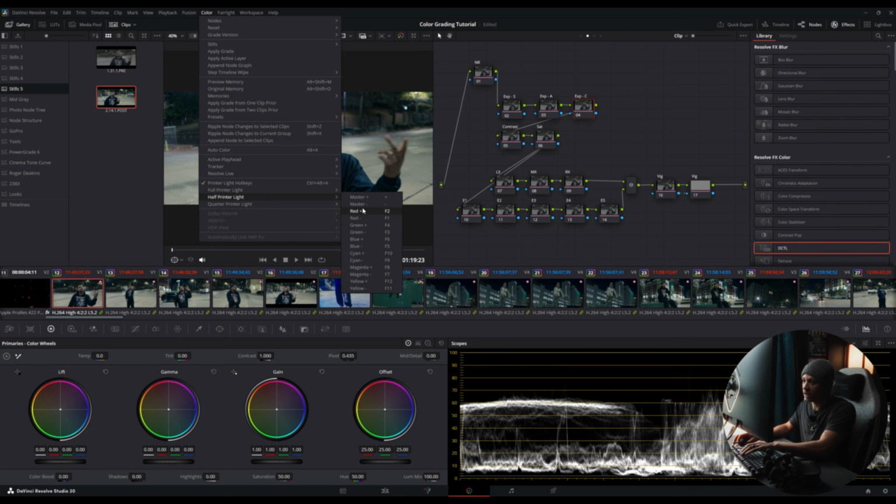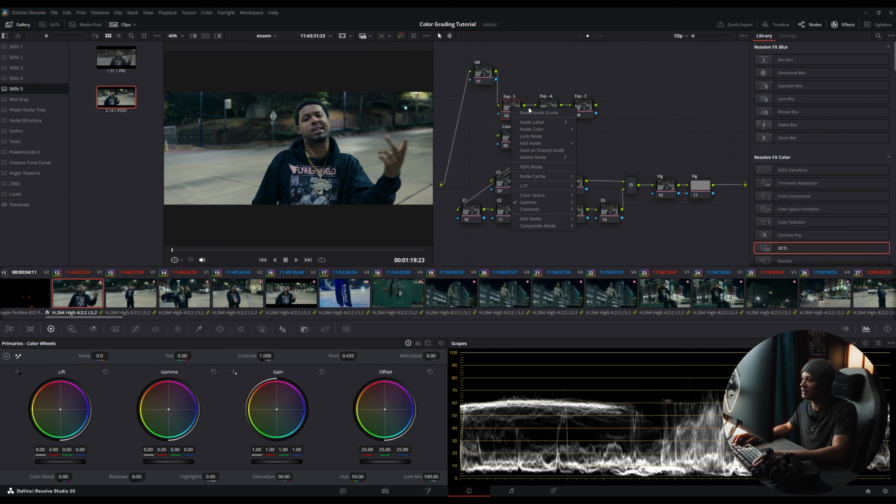I can do my color balancing by just changing my red, green, and blue with my F keys, so I can quickly balance my shot if it needs any balancing. I'm going to take this first scene level node, go to save as shared node, and right click it again and unlock it. Like I said, this is a scene level exposure and balance